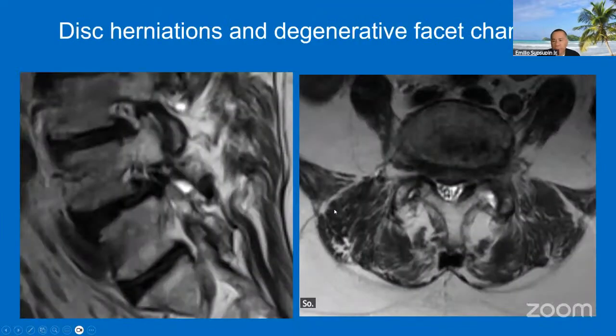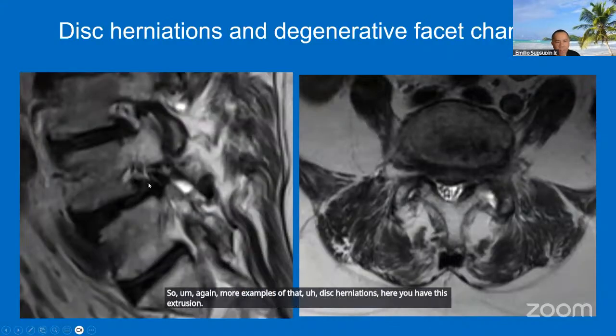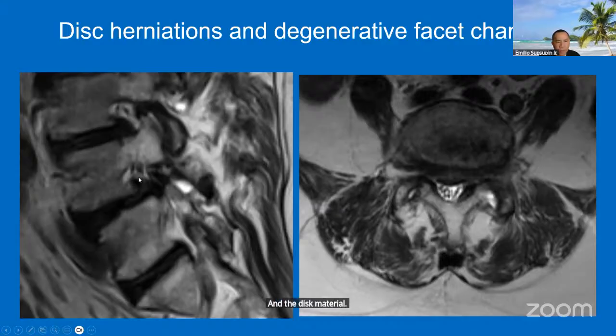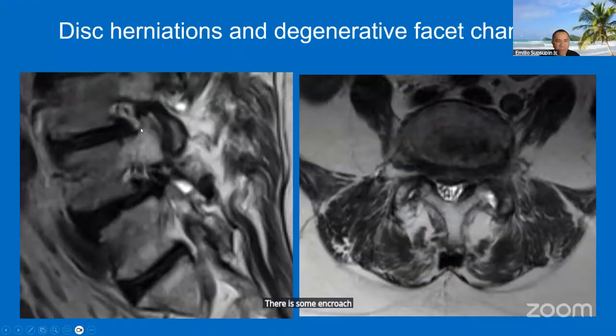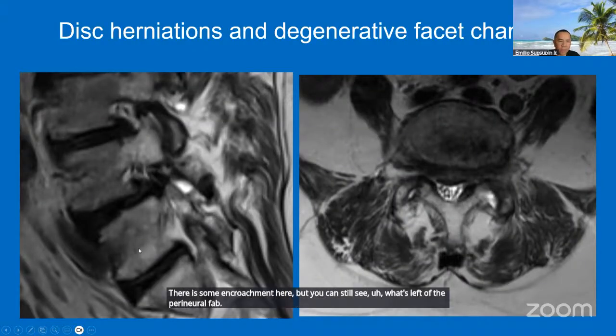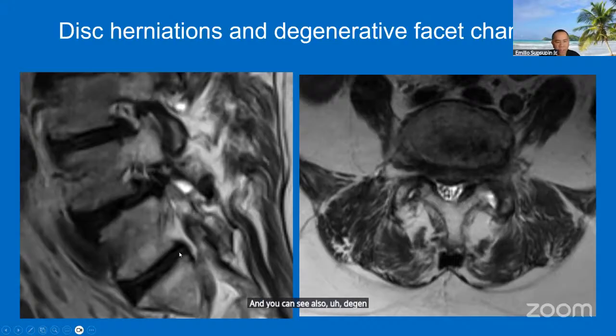So again, more examples of that. Disc herniations. Here you have this extrusion and the disc material, again, encroaching into the neural foramen. And there is complete effacement of the inferior perineural fat. There is some encroachment here, but you can still see what's left of the perineural fat. And you can see also degenerative end plate changes